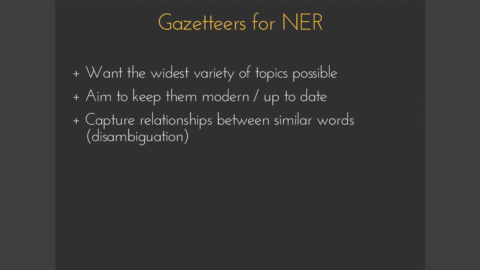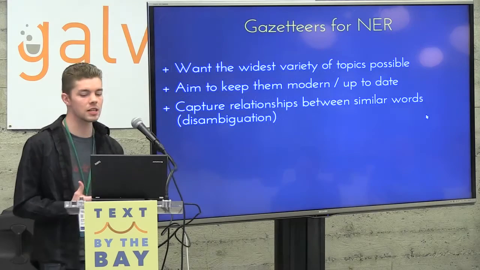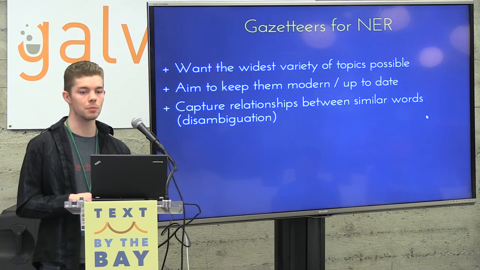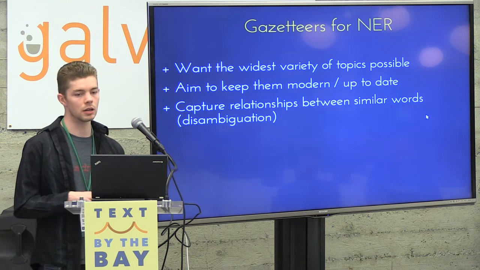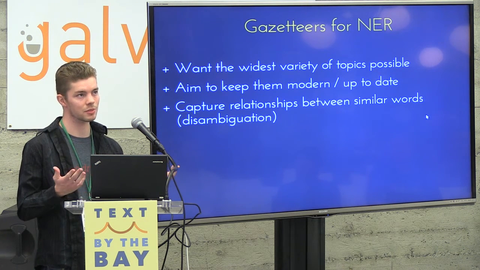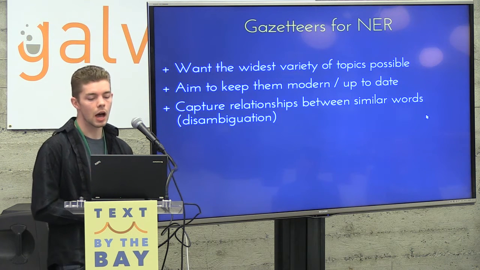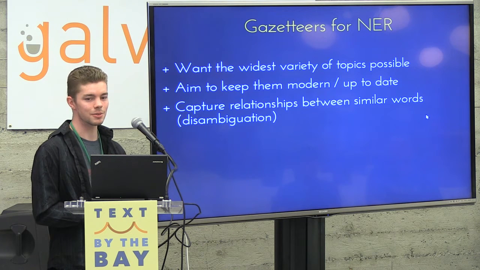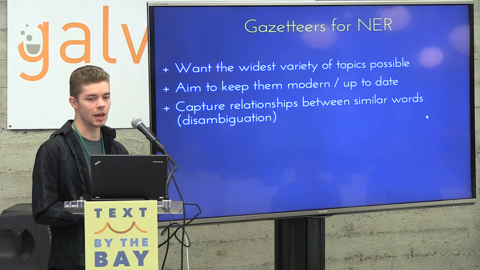One of the first examples I'm going to be talking about is the idea of using Common Crawl for producing gazetteers for NER. So for gazetteers, we want the widest variety of topics possible. You want to be able to cover as many domains, newswire, say entertainment news, so on. And a lot of the time, we only really have access to newswire text, which is quite a problem considering the performance losses that we get from domain